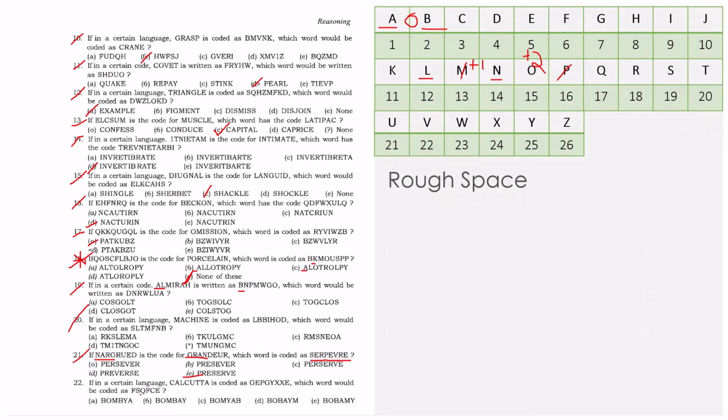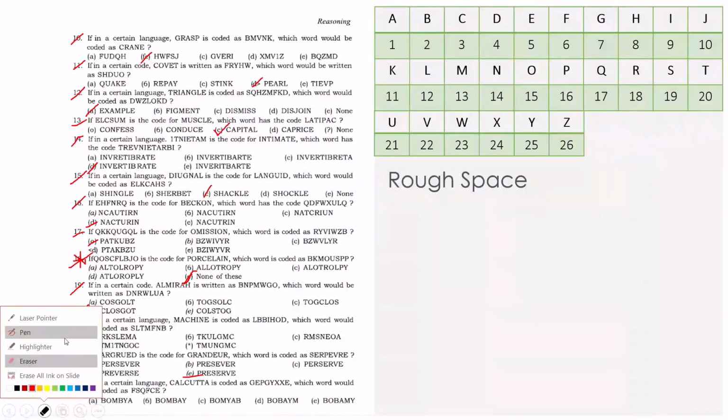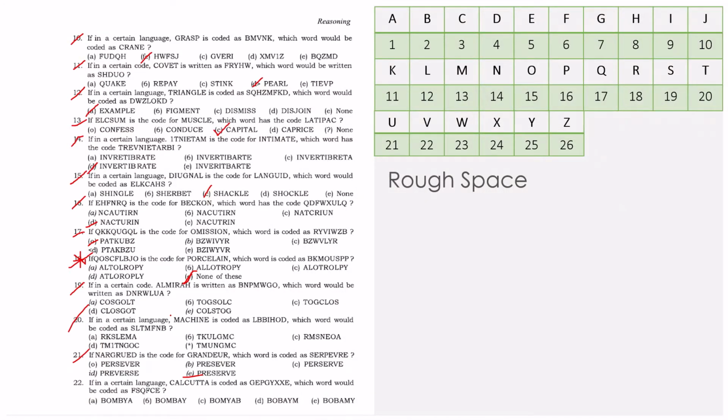21st one, option E. And the next one, if you go, one second, let me erase everything. And we are coming to an end with the first type, that's letter coding. I hope you did not find any kind of difficulty over here because this will be easy. That's why this is the first section of NTSE. But if you go on to the next sections, it will be damn difficult.